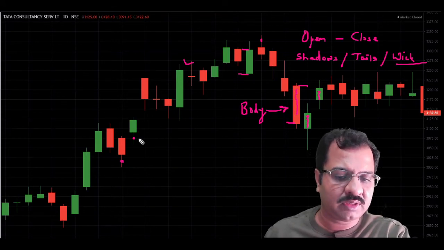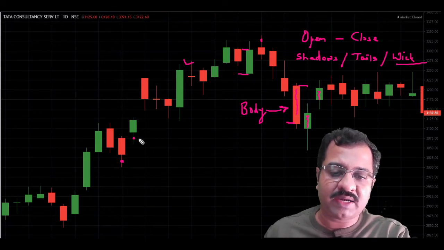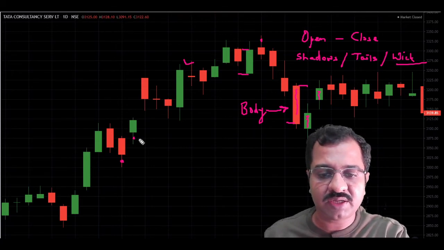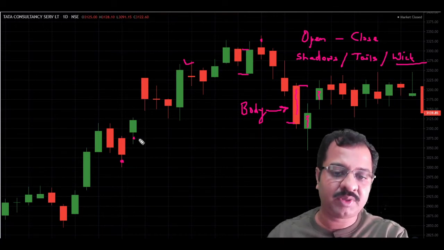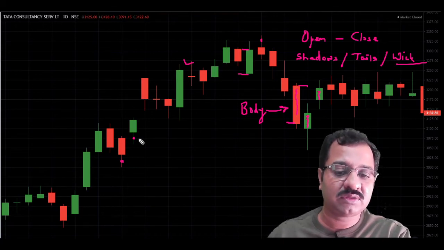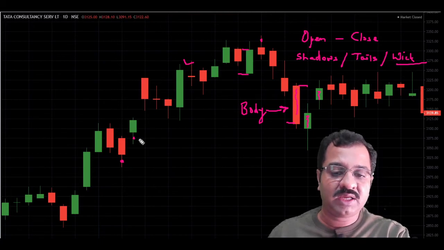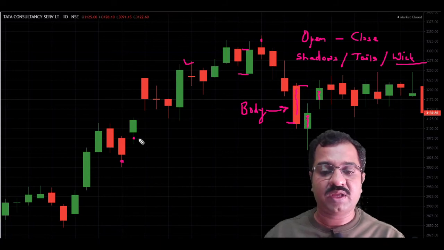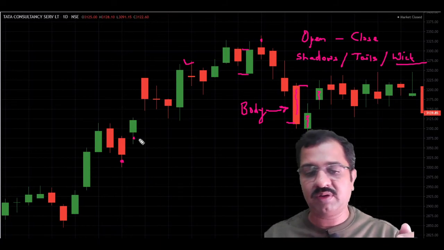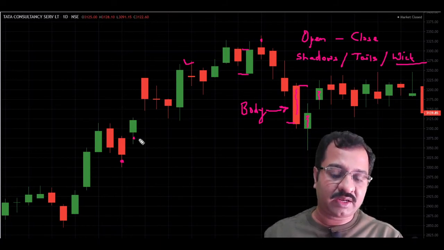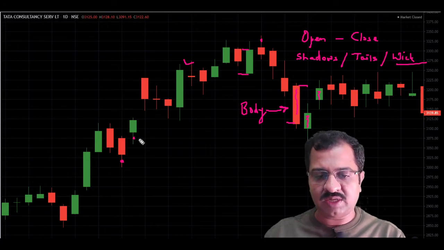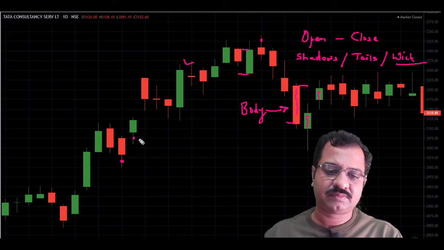Also we learned that if candle is green, then it is a bullish day, because open is below and close is above, right? In that case, if open is at lower level and close at higher level, it creates green candle. If open at higher level and close below level, it creates a red candle, which is bearish. So red is a bearish day, or that in that period prices came down.